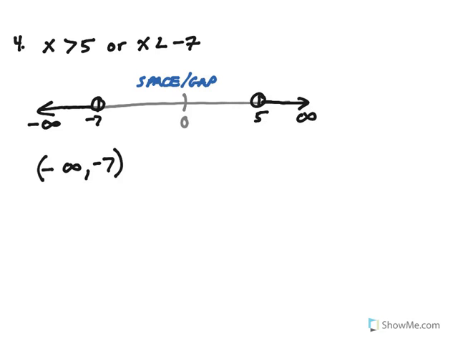And then to indicate that there's a gap, we use the union. Then we use a parenthesis because we have an open circle, around the 5, comma, positive infinity,